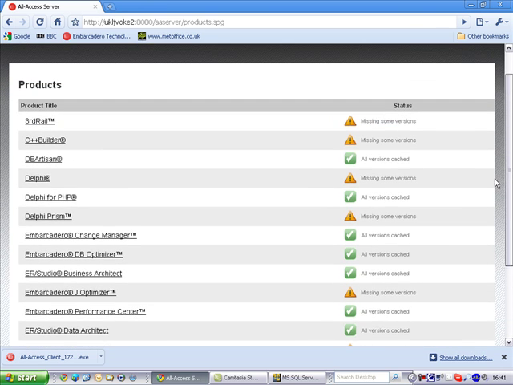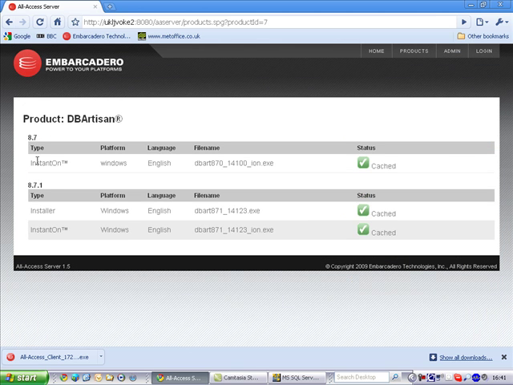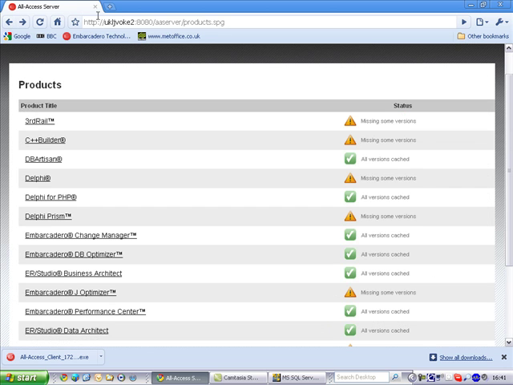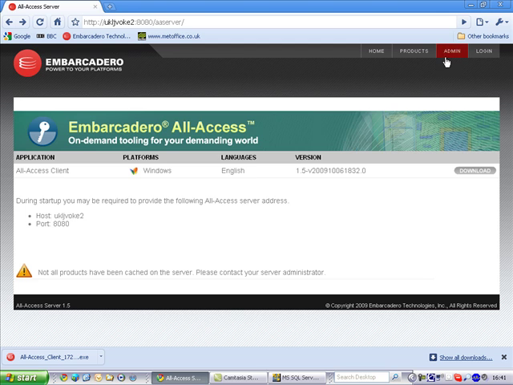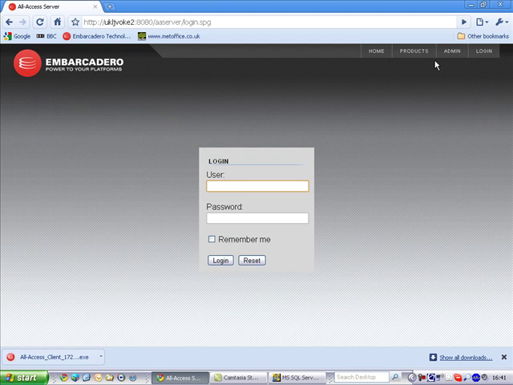What we can do, maybe actually let's just pop in quickly and see what we've got within DBArtisan, for example. Here you can see I've got installed versions of 8.7. I've got an instant on or on-demand version available to me of 8.70 in this case, and 8.71 installer and instant on versions. If I go back through to the admin area and sign in,